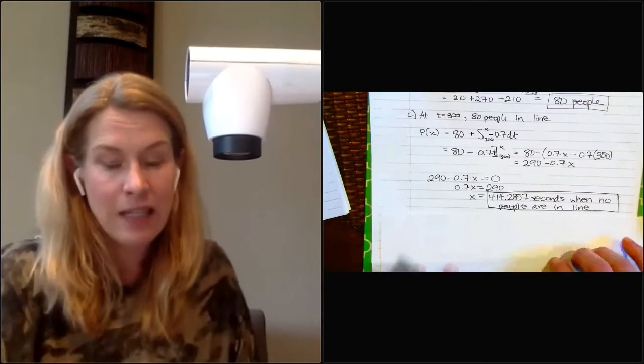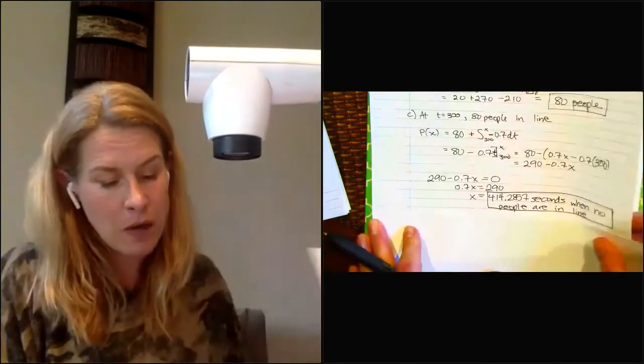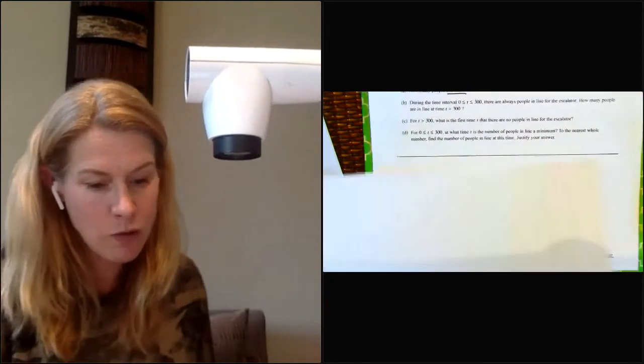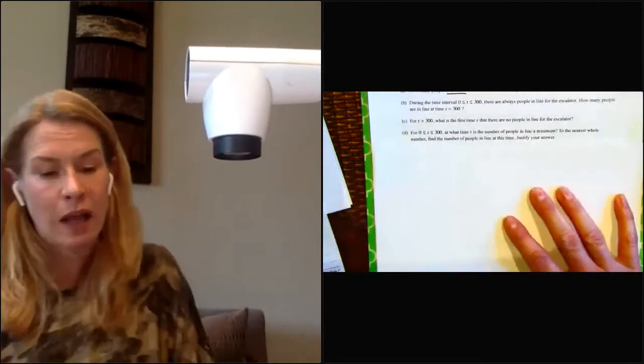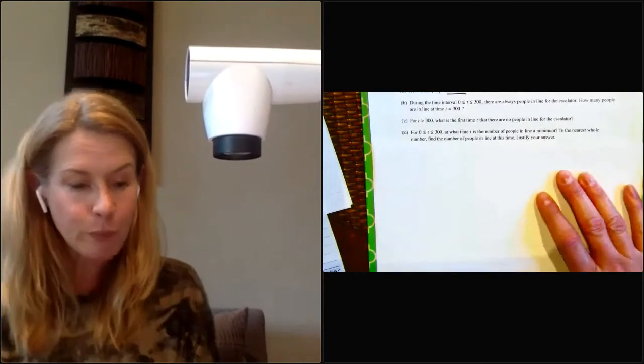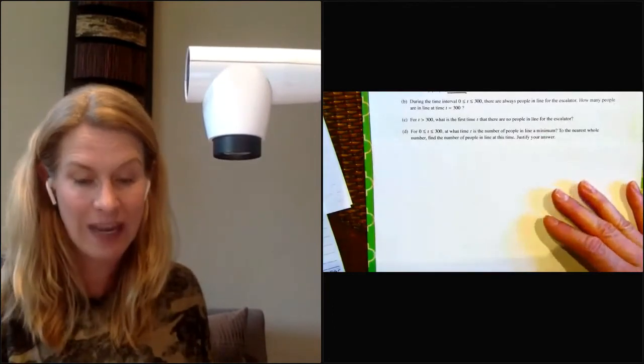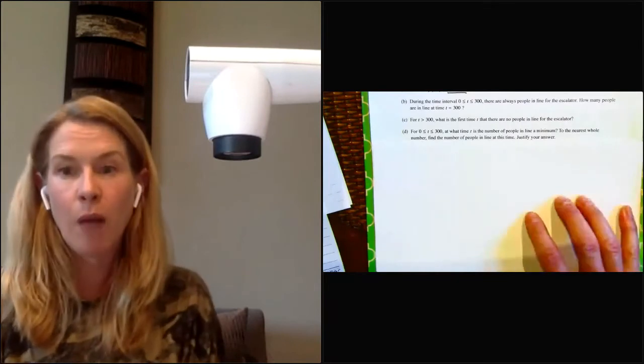Part D, last but not least on this problem. Part D says, for time 0 to 300, we want to know when the number of people in line are at a minimum. And to the nearest whole number, we're going to find the number of people in line at that time. So we want to know,